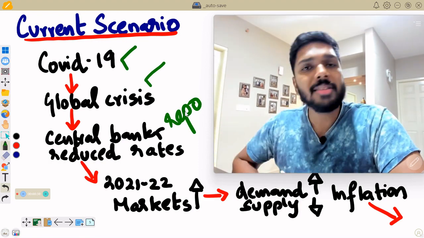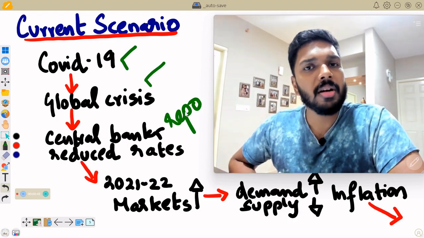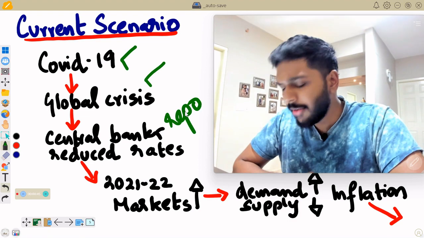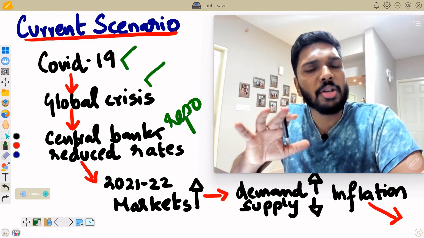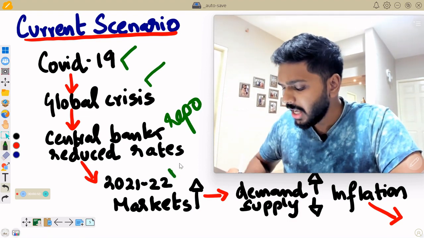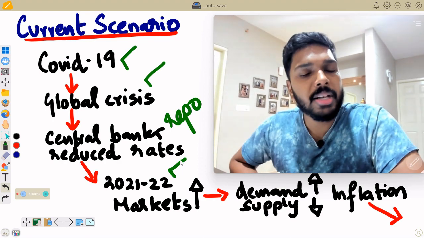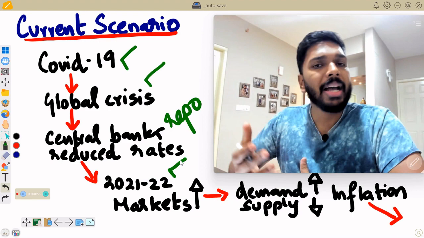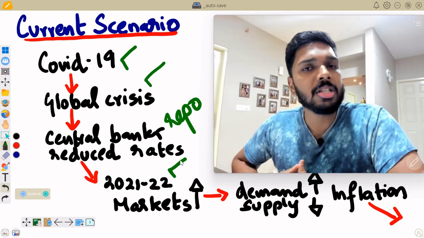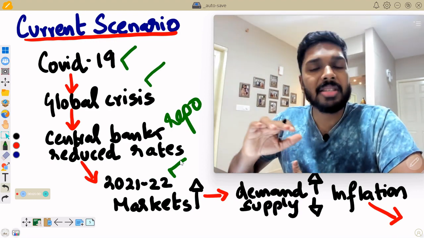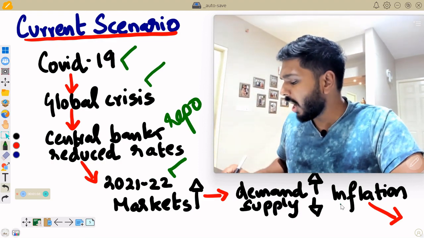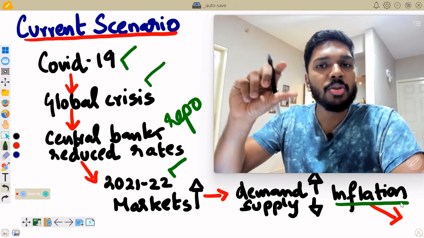So when the central banks reduced these rates, the benefit of the reduced interest rates fell on the borrowers, and therefore by mid 2021-22, the markets revived. It in fact flourished because these people intended to buy more products and avail more services. Demand was high, but still COVID-19 was prevalent, therefore supply was less, and then started inflation to cater to that